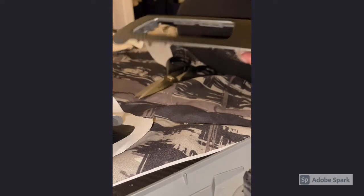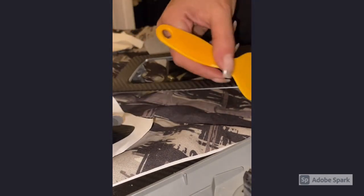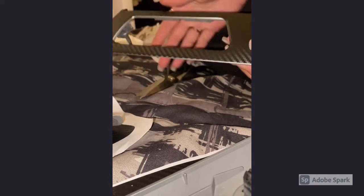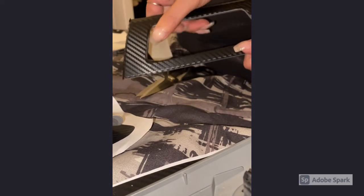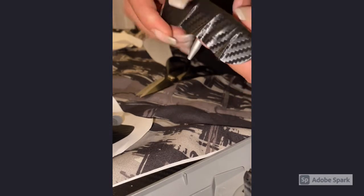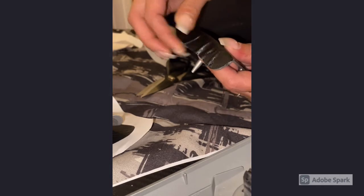So this plastic tool is helpful in pushing it down in the beginning, but I feel like at the end, you ultimately just want to use your fingers to smooth over any sections that you feel are misplaced or just creasing. So for example, this part, it doesn't smooth down completely. So what you can do on these sections